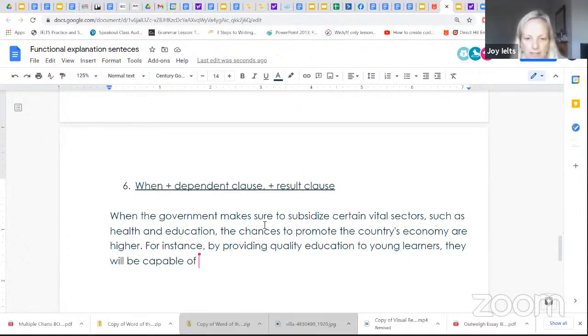Okay, so this is great. So the chances to promote the country's economy are higher. So this is using the present simple, and then you're using future. For instance, by providing quality education to young learners, they will be capable of